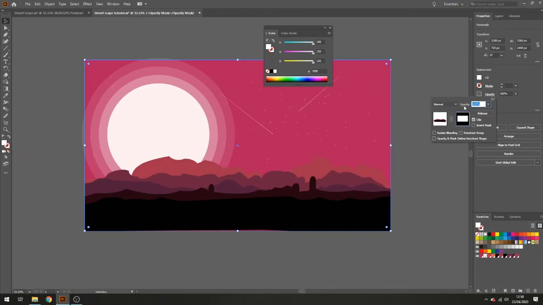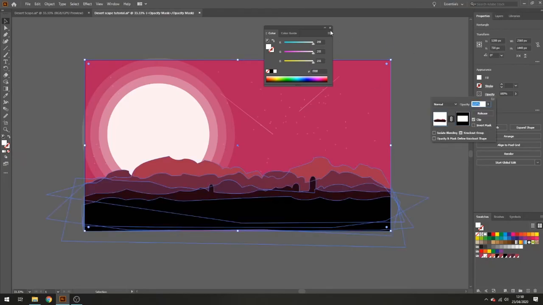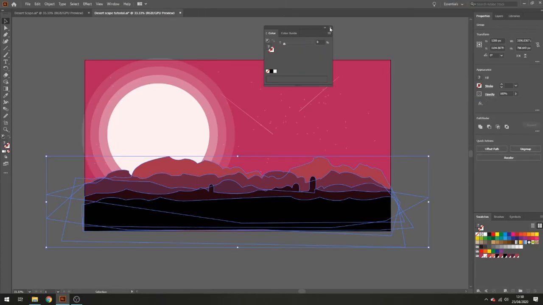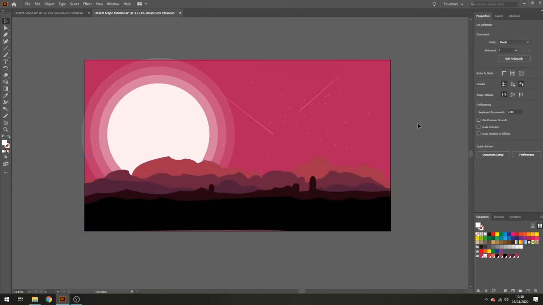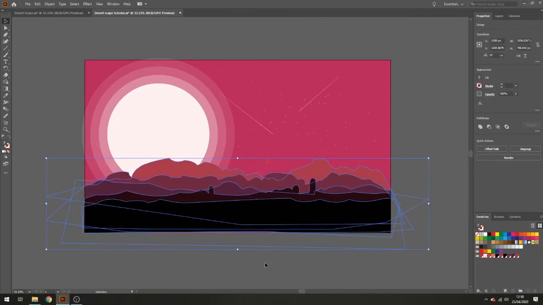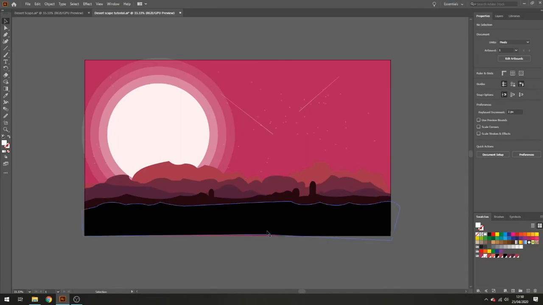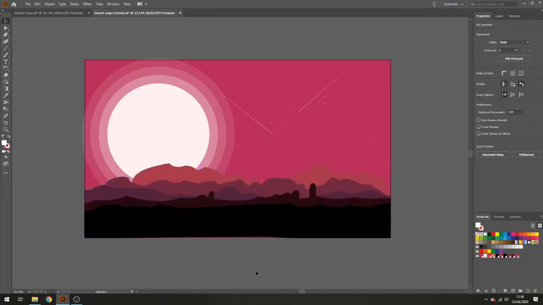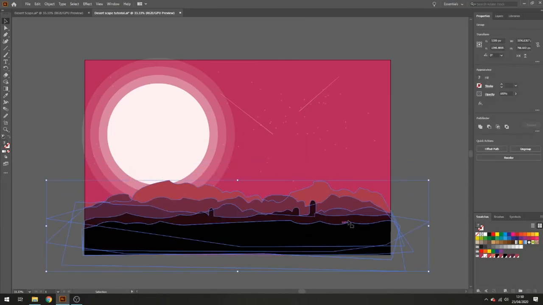We'll go back to opacity, click back on the original layer, close this, and there we have all the mountains are only in the artboard. None have escaped out, so we're just going to knock this down a bit because you can see we've got this sliver down here, and I want it fully black on the bottom. So we're just going to nudge this down